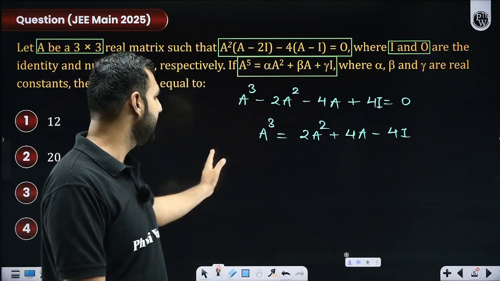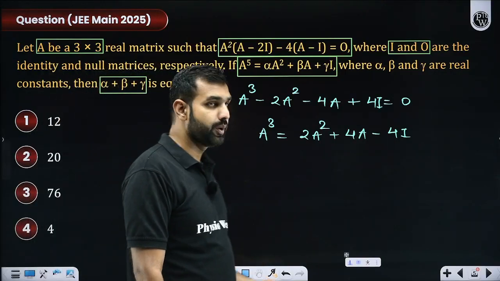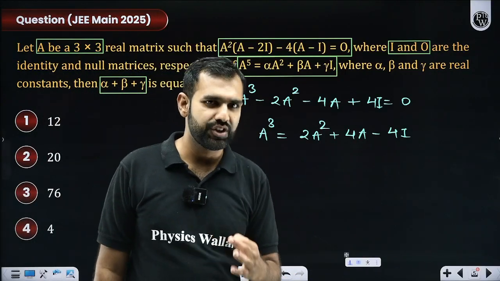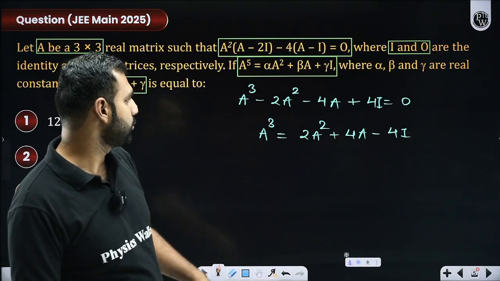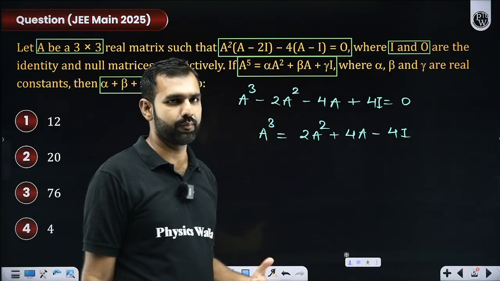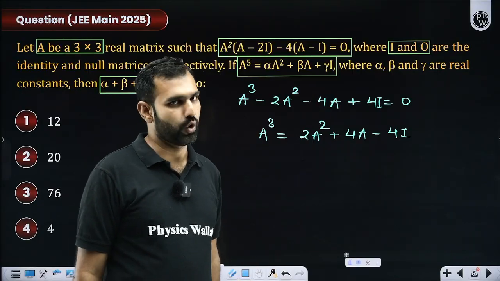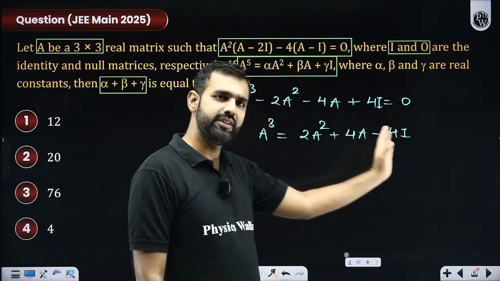Either you directly multiply a square on both the sides, or you multiply it by a once. If I directly multiply it by a square, I'll get a to the power 4 here. But I don't have any expression as of now in terms of a to the power 4, although we can create it, that is perfectly doable. So that choice you always have. So let's say I multiply both the sides by a square.